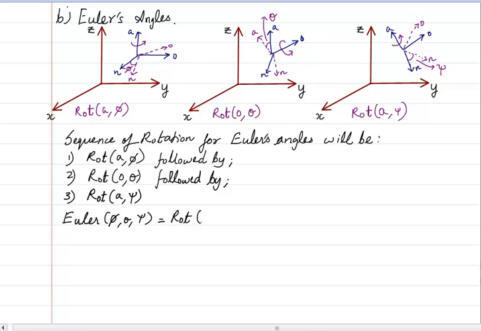So rotation of A for phi angle, rotation of O for theta angle, multiplied with rotation of again A for psi angle, and together that will give me a result for the matrix, the 4 by 4 matrix, which I can write as,